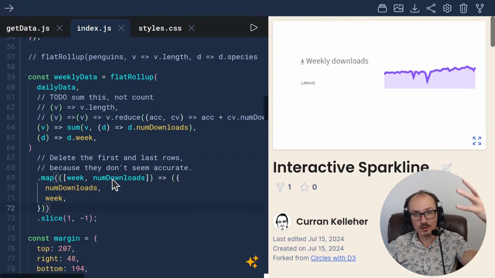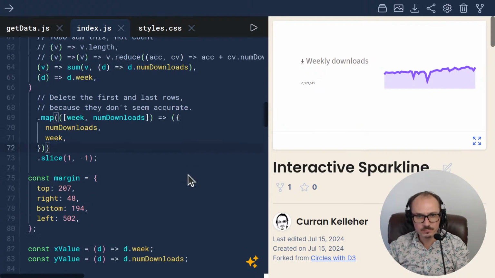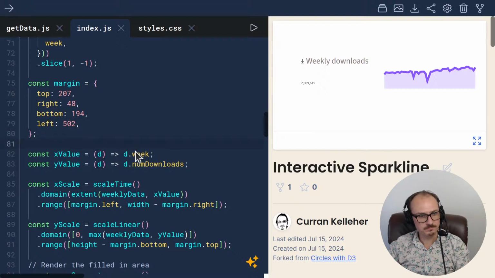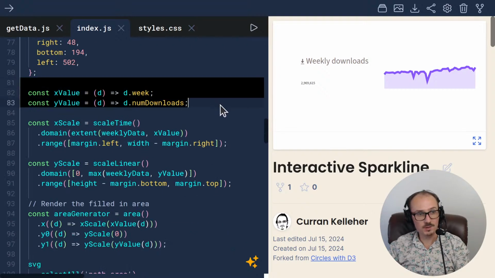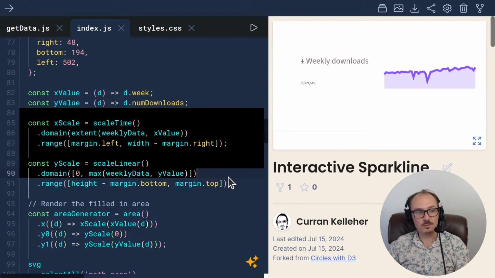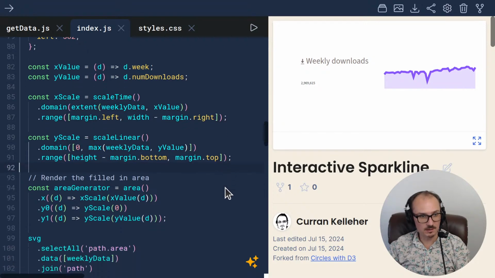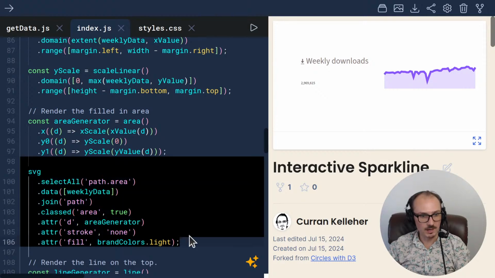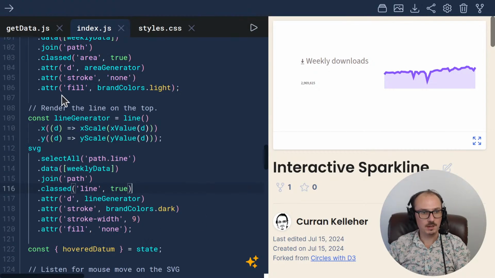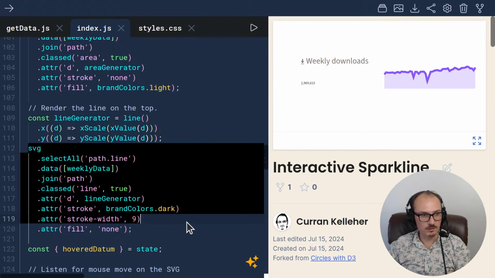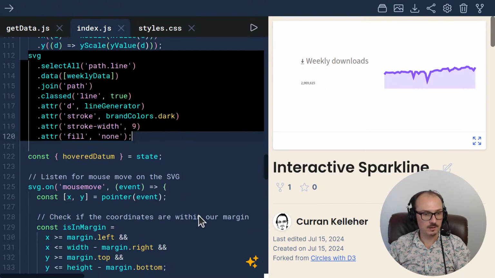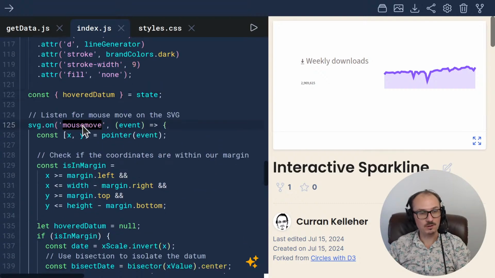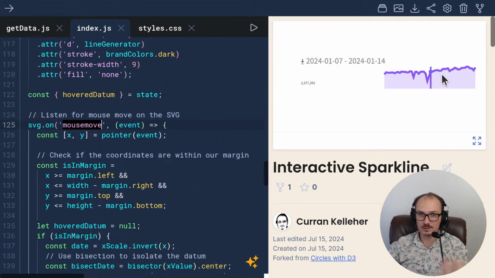And then we do the visualization stuff. We set up our margin. We set up accessor functions. We set up the X and Y scales. And then we use an area generator to render the area under the curve. And then a line generator to render the line on the top. And then we've got this hovered datum thing going on, which we isolate when we move the mouse. When we hover over this,